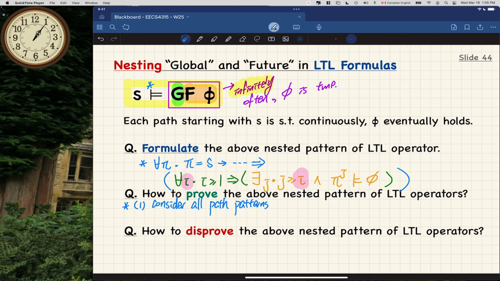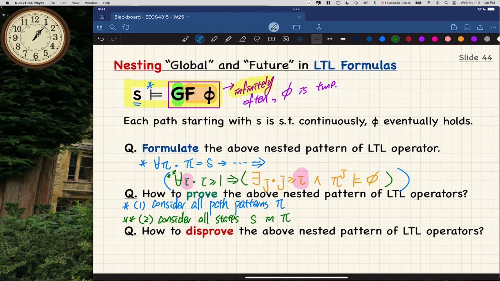And then once we handle all the path patterns, you want to say for every possible state in that particular path that we have chosen. You can make it a little easier: say for all the path patterns, let's say pi. The pi is going to start with S. And then for number 2, that's going to handle the middle level universal quantification. There, you're going to say consider all the states in pi.